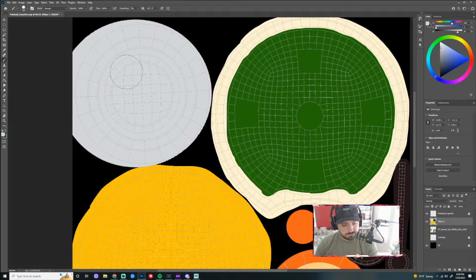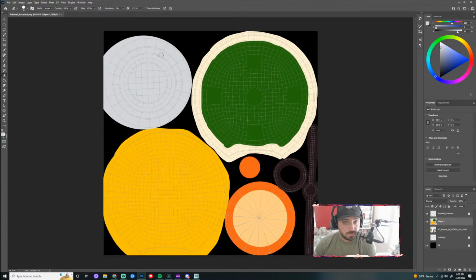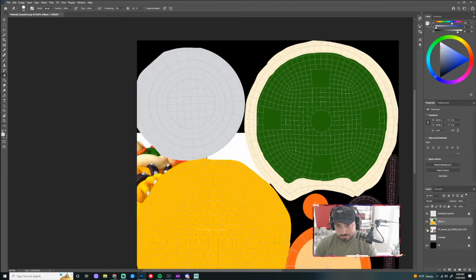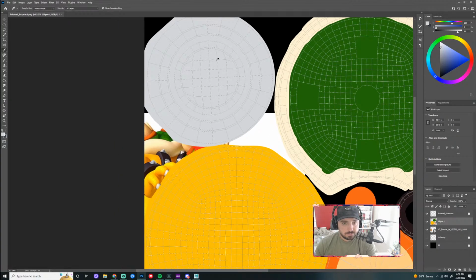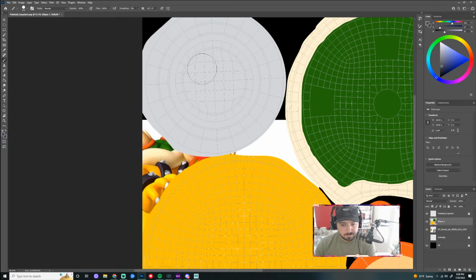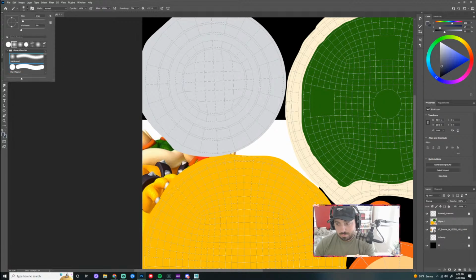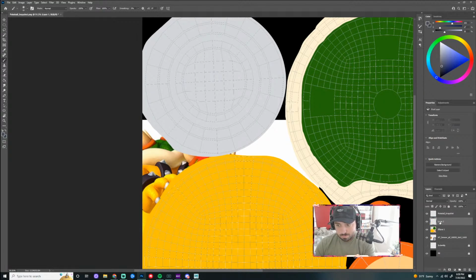A little sound effect. Try to do some shading on this a little bit.